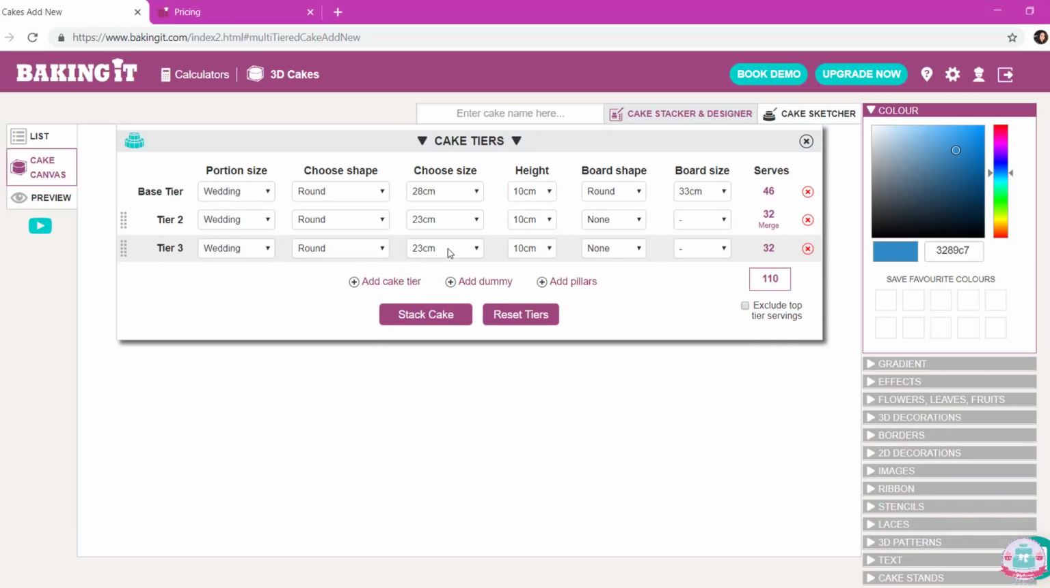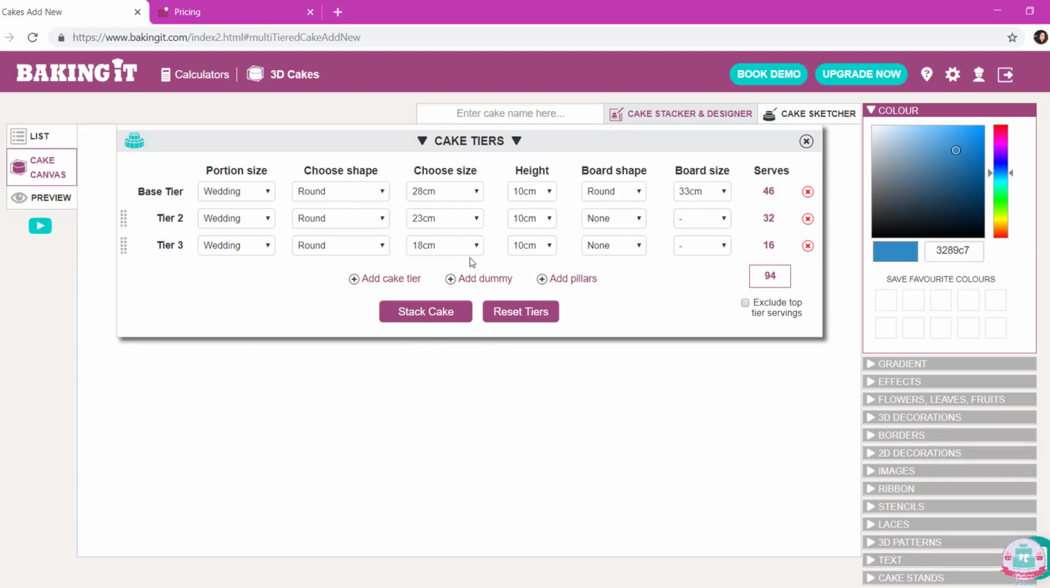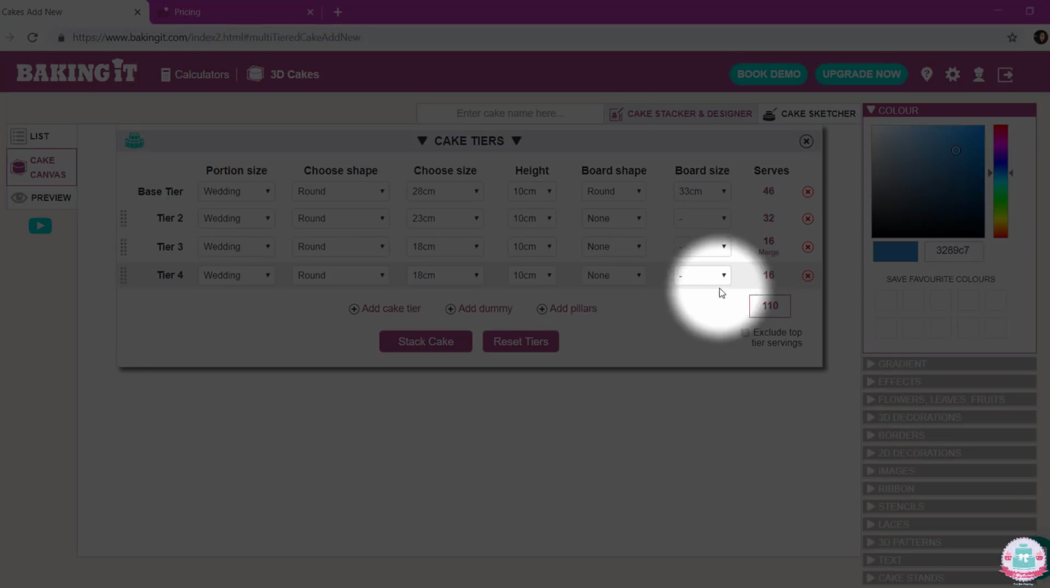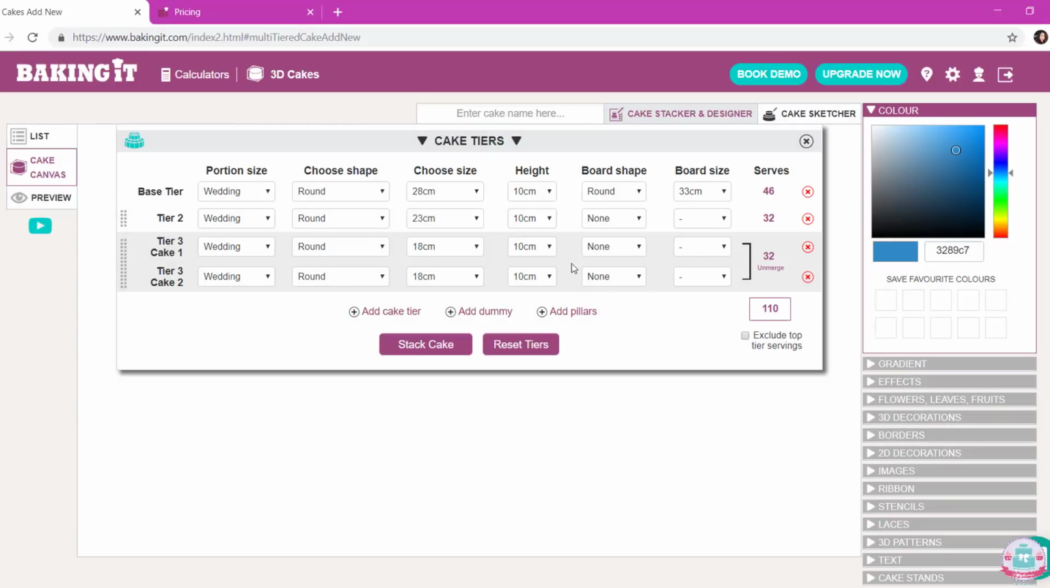I want to make a 4-tiered cake. This one will be a bit smaller as well. And I want the 3rd tier to be a double barrel cake layer. So what you can do is add a cake tier with the same diameter, and then at the right side the word merge will appear. So you can click on that one, and then it will just merge these 2 layers into one layer of